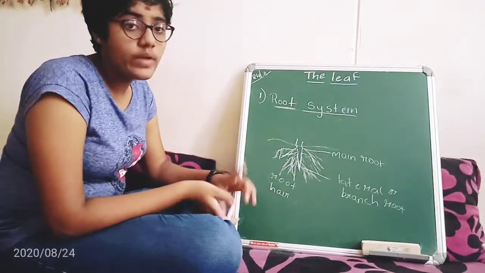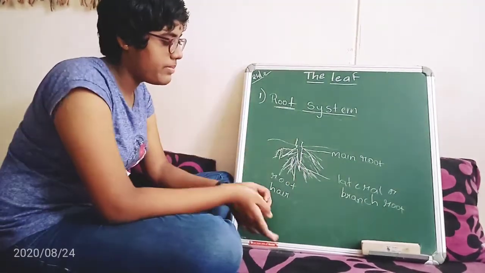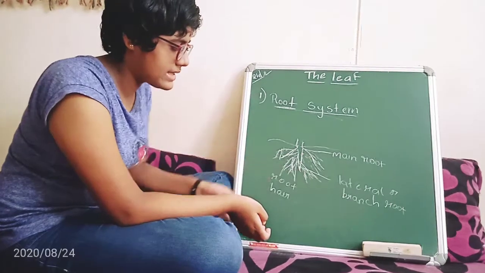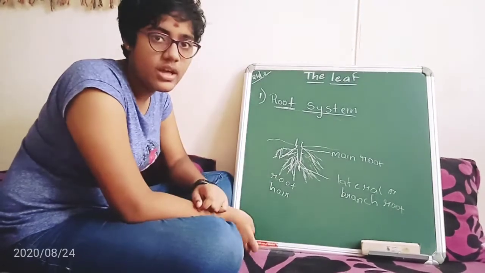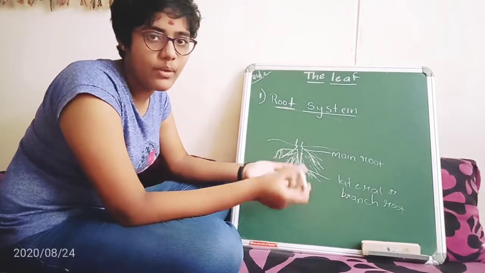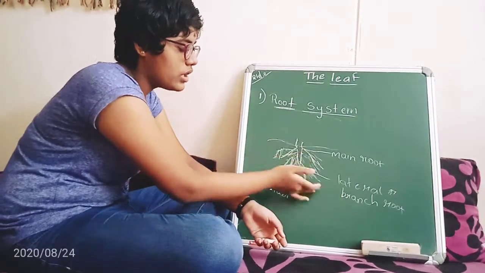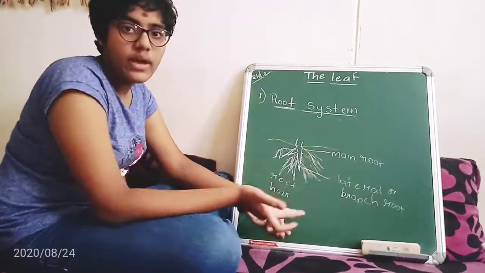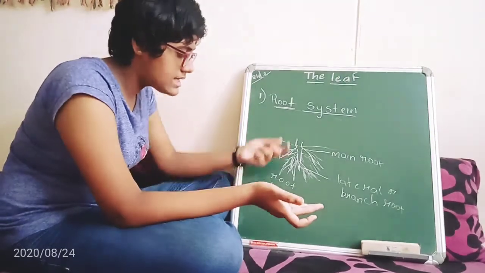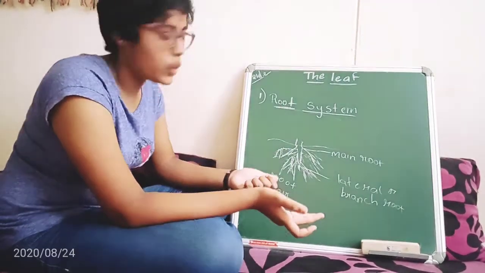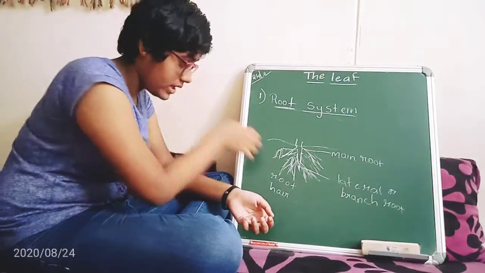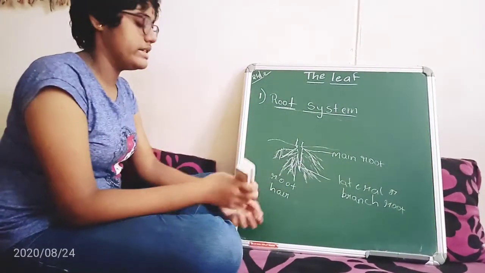Okay. Now we'll see. See, this is the grandparent. From the grandparent, parent has come out, and from the parent, root hair. Root hair means what? Children have come out. That's from the main root branches. Lateral root will grow, and from these the root hair grow. Okay. Now with this you are clear.